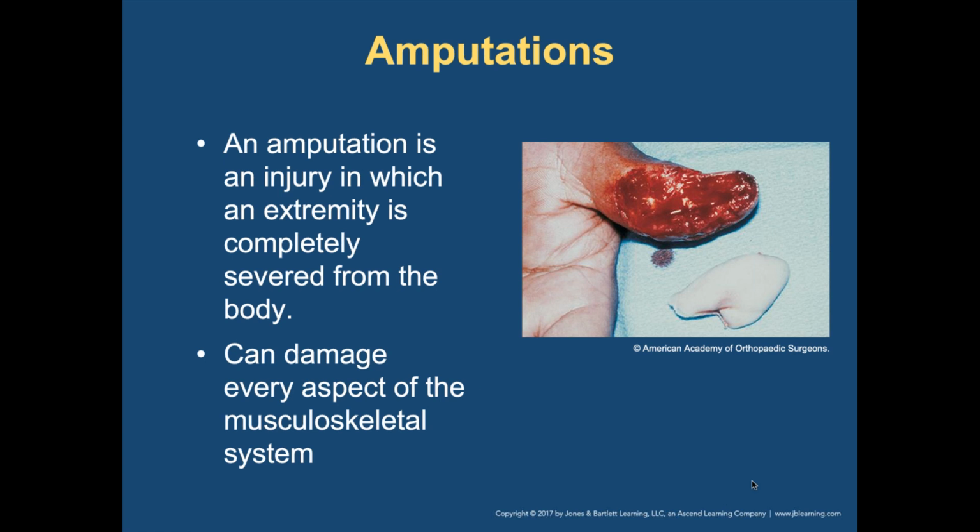So amputations. Now we think of an amputation of the skin and it's gone, done. But an amputation is an injury in which the extremity is completely severed from the body. Now this is an avulsion. Right here is an avulsion of the skin, so it's ripped off, torn off. That appears on my screen to still have a fingernail, so I'm not sure I'd call that a complete amputation, because mine, I would just assume zip, done.